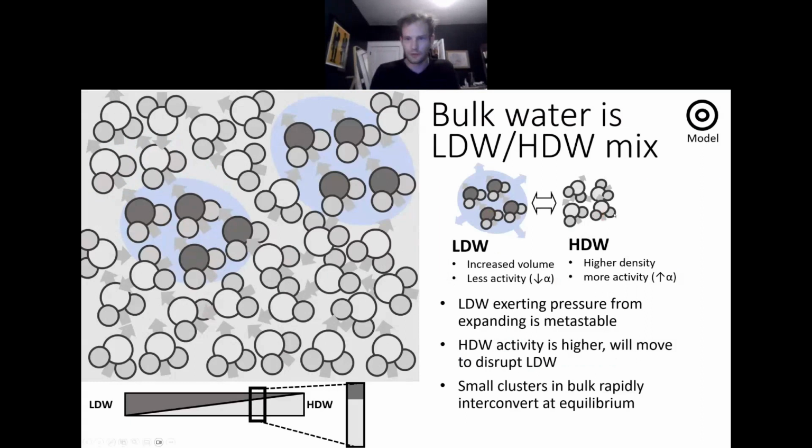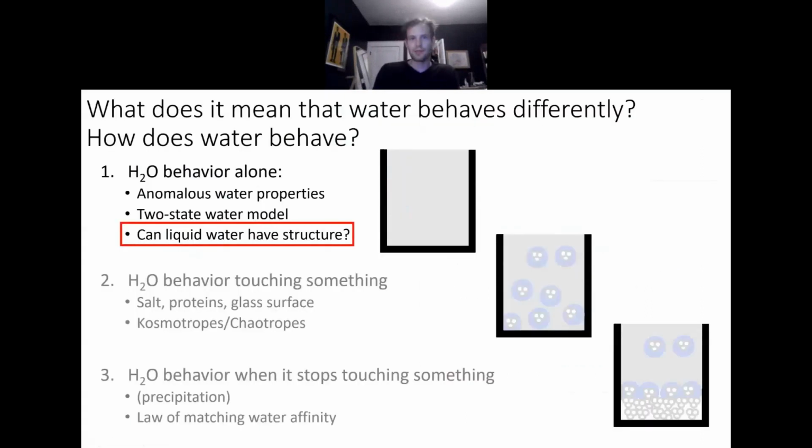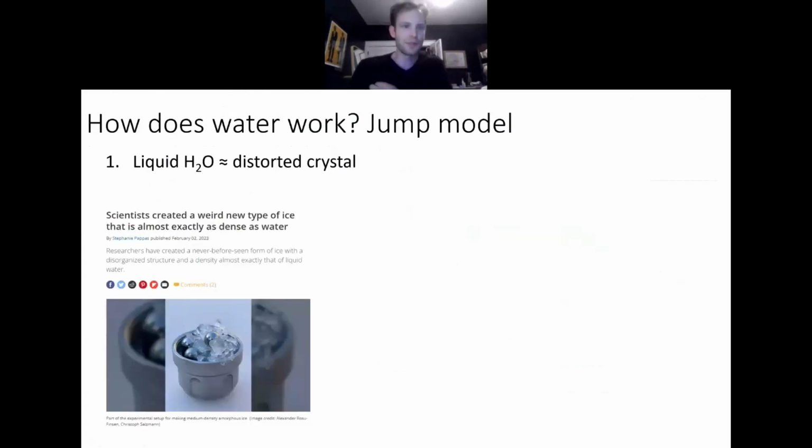So this brings us to an interesting question. Can liquid water have structure? Because I'm talking about this tetrahedral arrangement, it implies a crystalline structure. And what I pose is that we can interpret liquid water as a distorted crystal structure. This comes from a 2023 Science paper where scientists created a weird new type of ice that's almost exactly as dense as water. And this is truly remarkable because